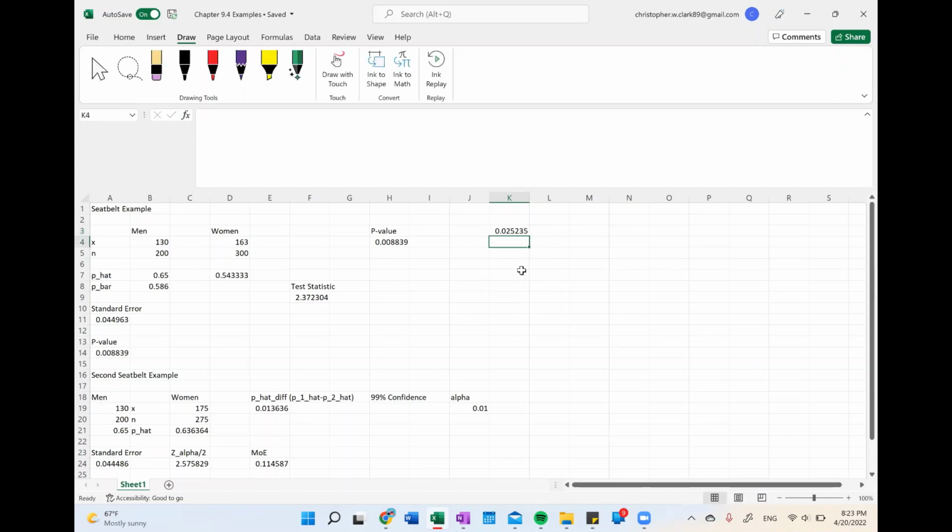However, what happens if I ended up getting a negative 2.3, right? If P hat 1 is like way less than P hat 2, then sure, I could totally get that. So this is perfectly reasonable. So T.DIST.RT, and I'm going to have a negative 2.3 with 8 degrees of freedom, and